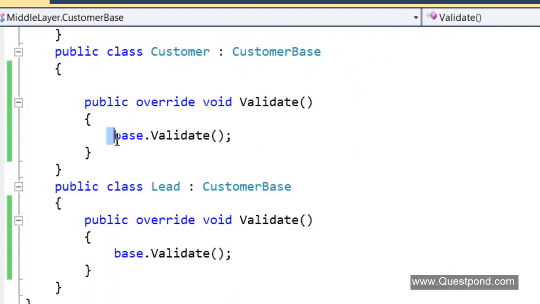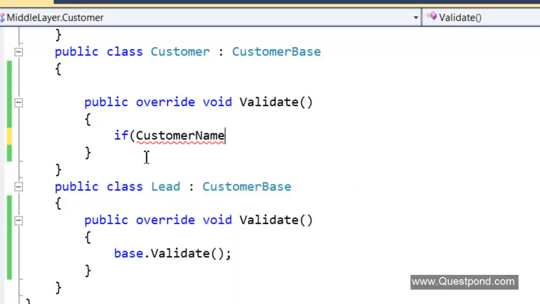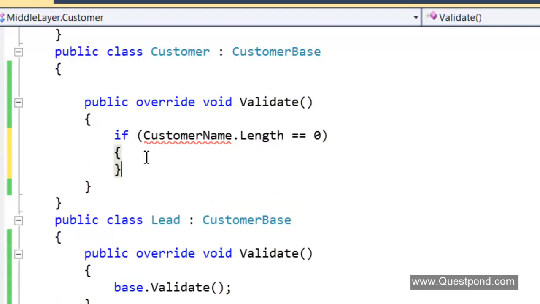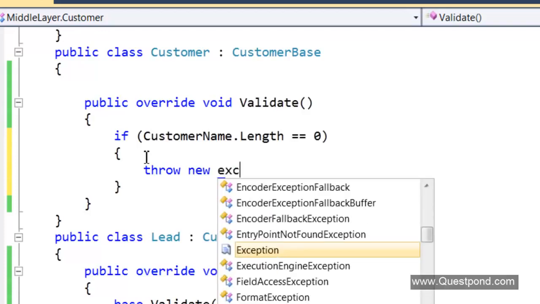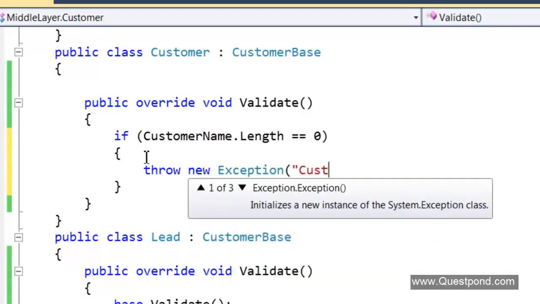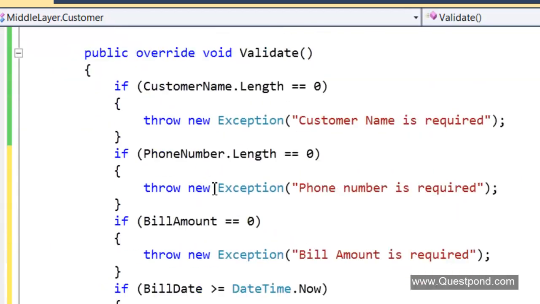So in the customer, all the validations will happen. Here the customer name is compulsory. So if the customer name length is equal to 0, then I will throw a new exception saying customer name is required. And in the same way, I have put validations for all the other fields as well.